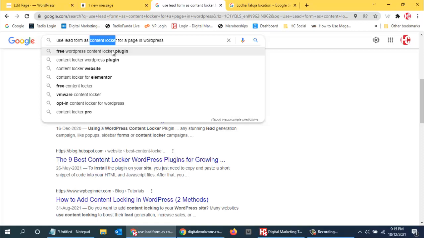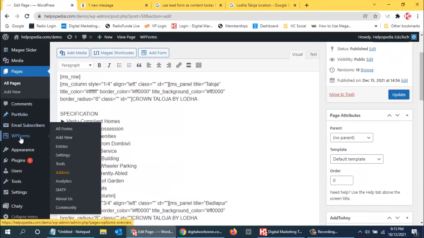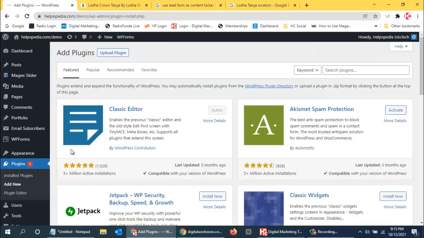You can install a plugin for Content Locker. So let us check if Content Locker plugins are available in WordPress. I'll say add new plugin over here, and then I will search for Content Locker. See over here, Content Locker is coming.